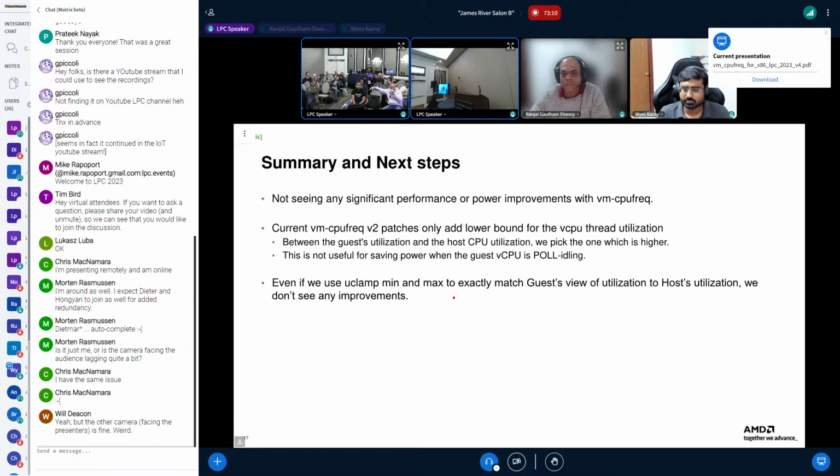Yeah, I think it's more about having more intermediate frequencies, because one of the comments was that it didn't have any power savings. I think that's because you only have three frequency points you're making visible. If you make more of them visible, then you have finer granularity on the utilization of the vCPU that you pass over. Oh, and actually one last question. Are you using the schedutil governor? Because I know on x86 machines it's not the case.